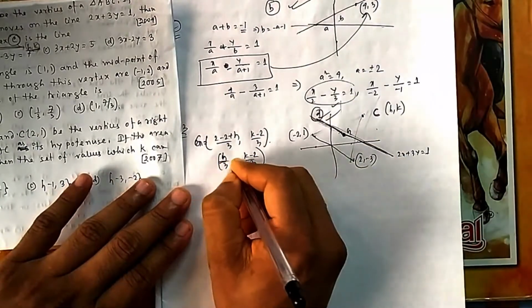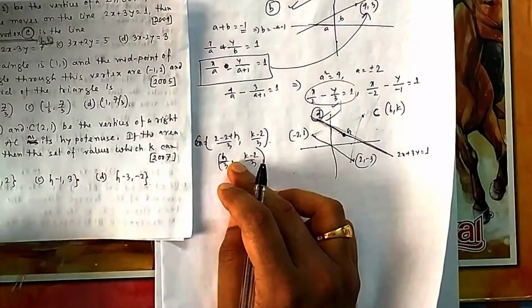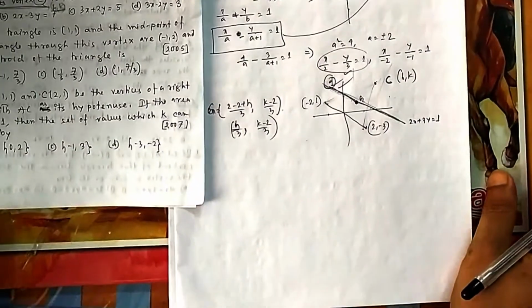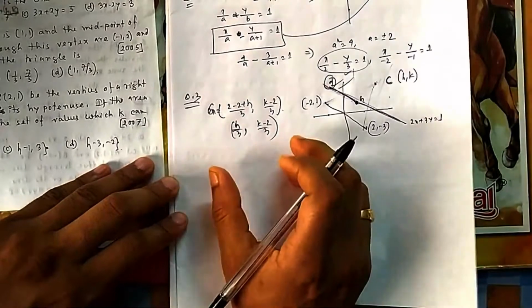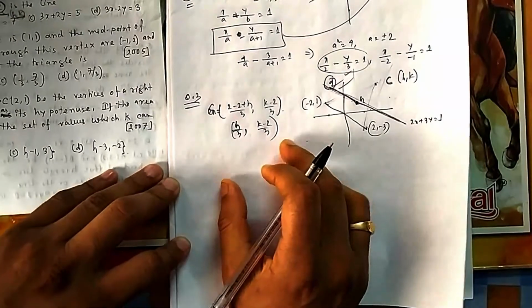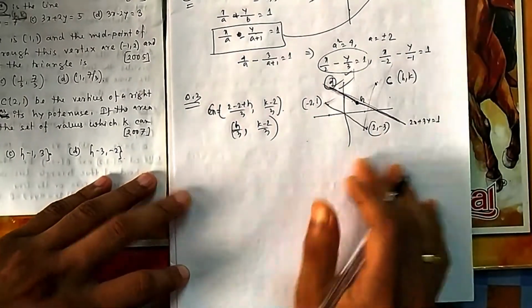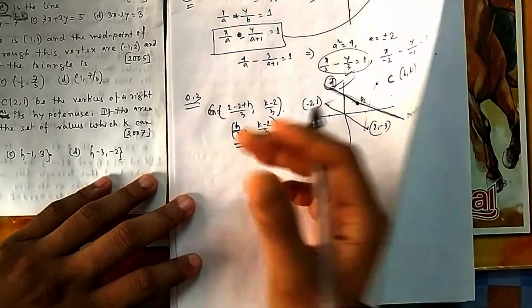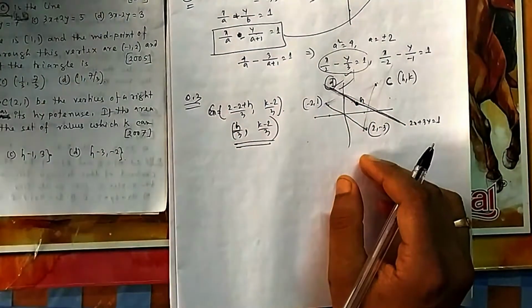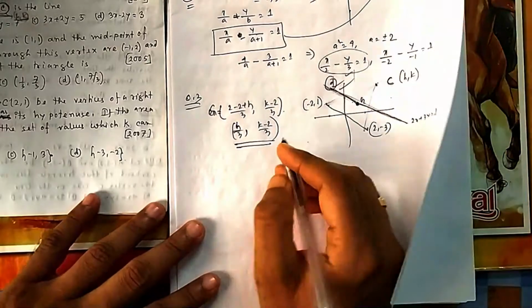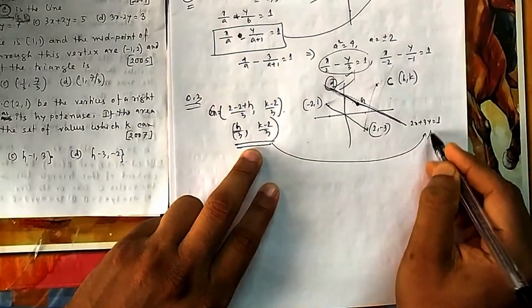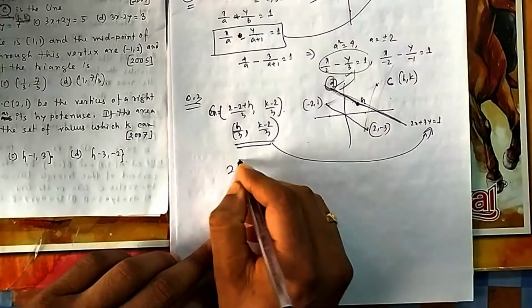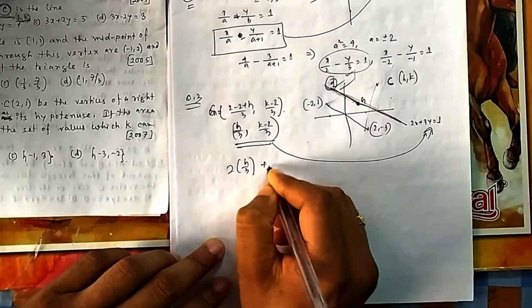What you need to find, because in a locus question you satisfy that condition and you find some equation in h and k, that is the target. Whatever equation you get in terms of h and k becomes the equation of the locus. If it looks like a straight line, then it is a straight line. If it looks like a circle, then it is a circle. Because this point should lie on this line, if you put it here, that should satisfy. So from here we will find the equation in h and k, and that is my answer.